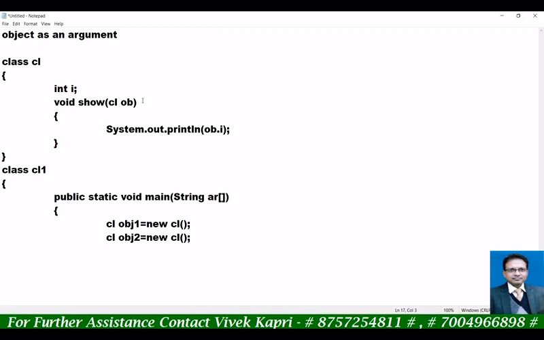Now suppose obj1.i equal to 10, and using obj2 I am calling obj2.show. As the parameter is of class type, at the time of calling we have to pass a class type variable, and that is, we know, only the object. So this time I am passing obj1.